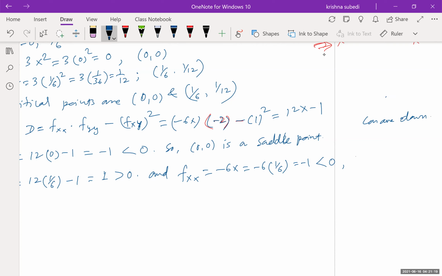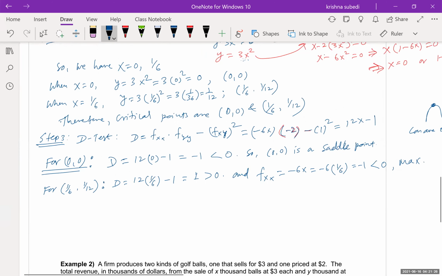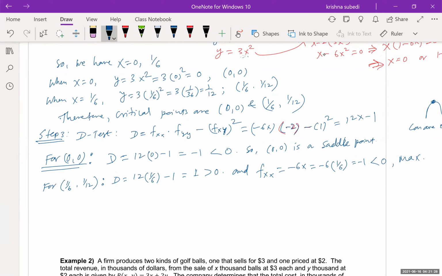When it is concave down, the shape of the graph is like this, so we'll have a maximum. Therefore this one is a maximum. Let us write that. Hence the function f has a maximum at (1/6, 1/12),